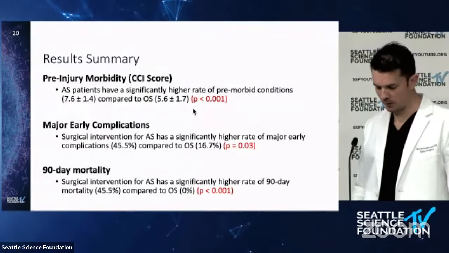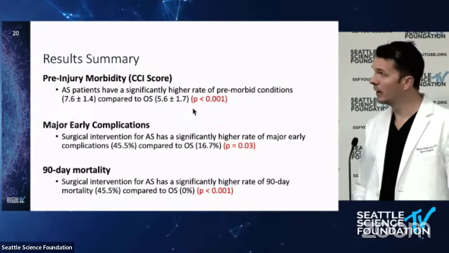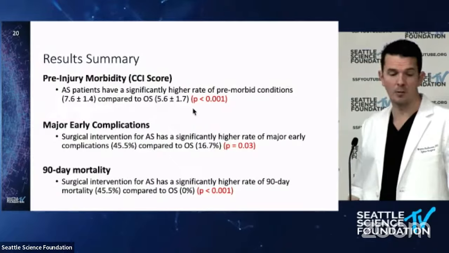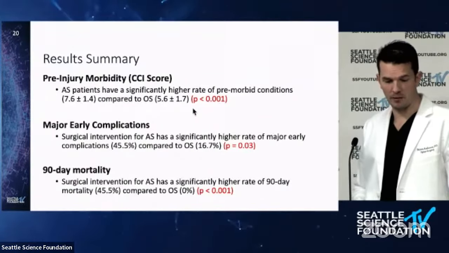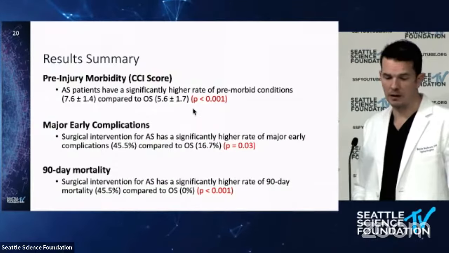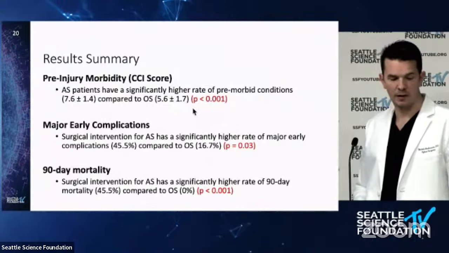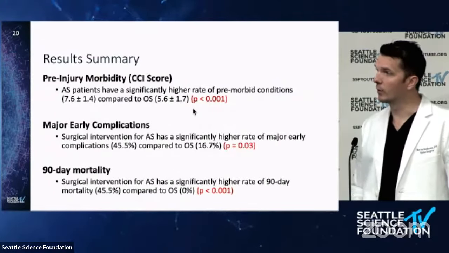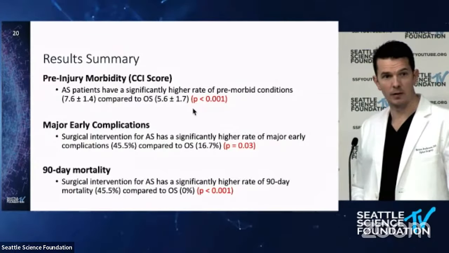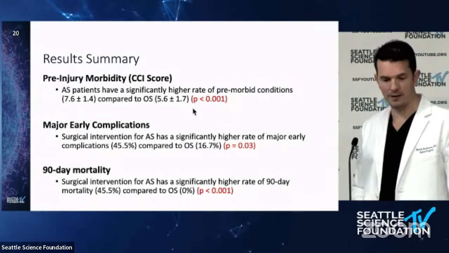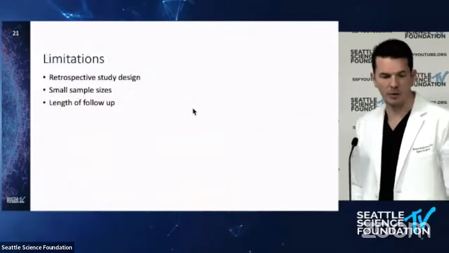This just bolsters the knowledge that's already seen in literature, but we can appreciate how much different ankylosing spondylitis is compared to osteoporotic vertebral fractures, something that has a much higher prevalence, around 25 to 30%, whereas as I discussed earlier, ankylosing spondylitis is only around 1%. So it's less commonly seen, but it's frankly a more dangerous animal.